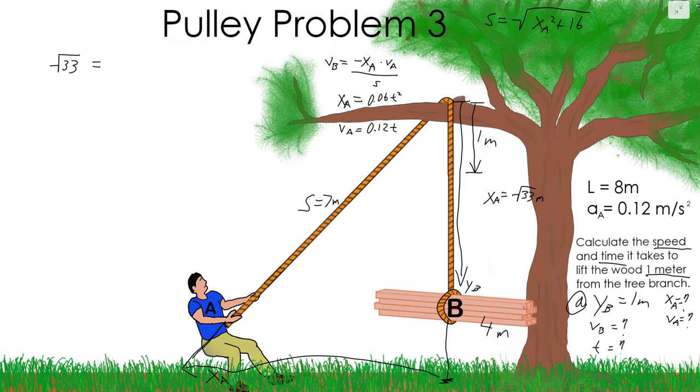So xA equals 0.06 t squared, so we're going to solve for t now. So t squared equals the square root of 33 over 0.06, and then